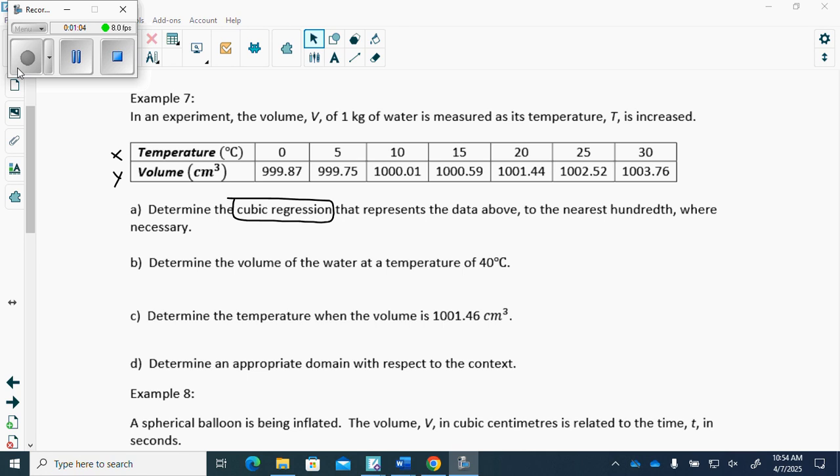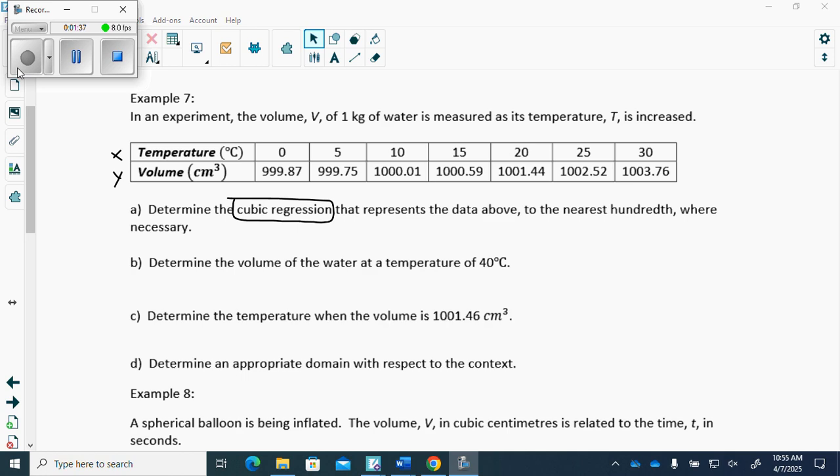Okay, so it says in an experiment, the volume V of 1 kilogram of water is measured as its temperature T is increased. So as we increase the temperature, they're measuring the volume. Okay? So stat, calc, cubic. And we're going to put that into our, this one, if we look at our R squared value, because we didn't have the R squared value before,